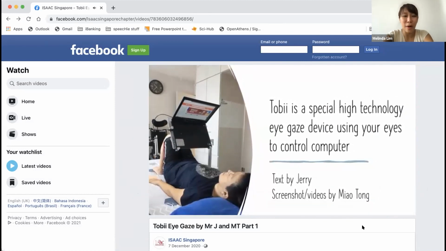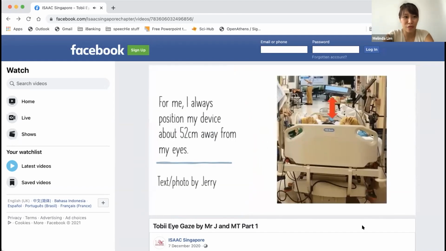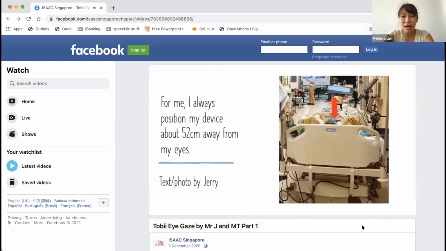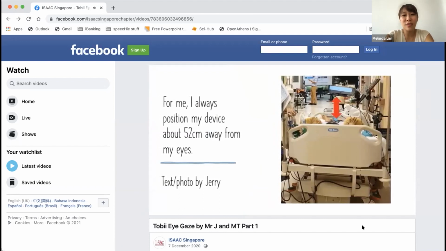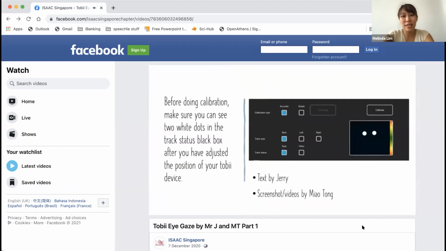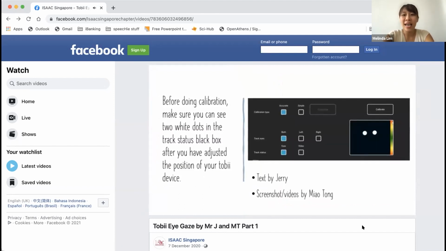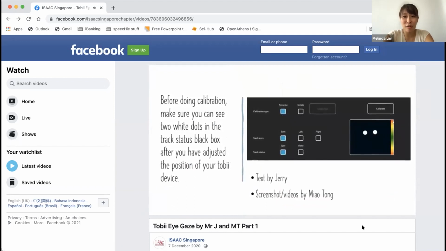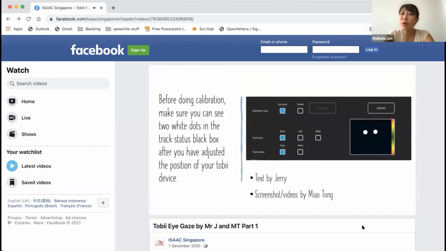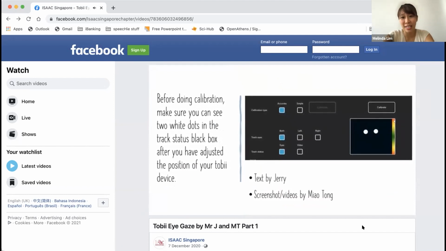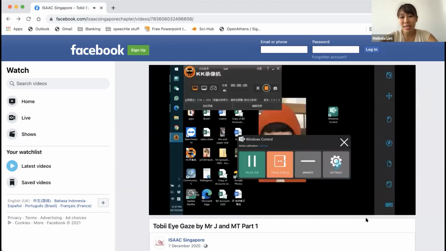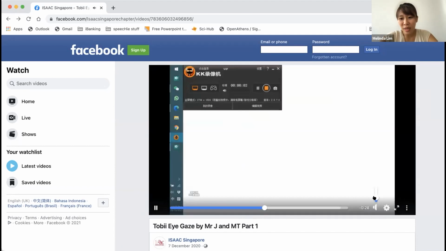So basically, I'm taking this video off the Isaac Singapore Facebook page. This video was created by one of our patients with ALS, and he's actually just showing and sharing how he uses this Tobii eye gaze device. So there's need to do calibration. You can see that